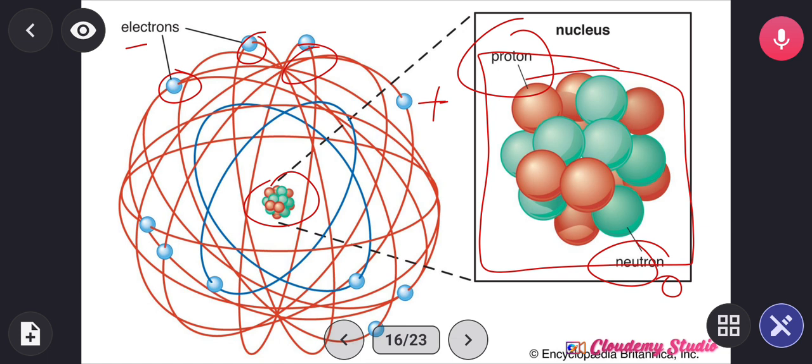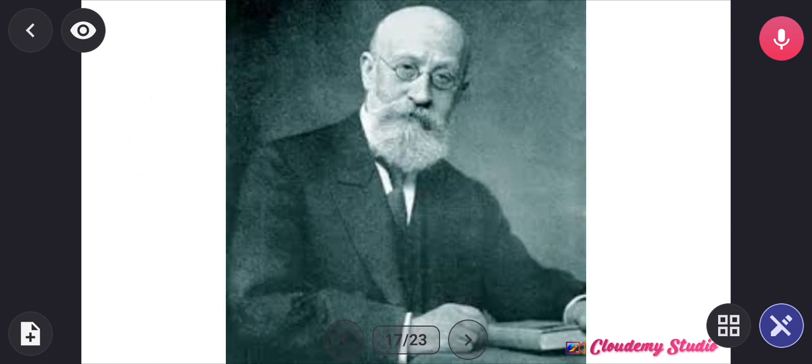Who now determined the charge of the proton itself? Because what Ernest Rutherford discovered is the nucleus, and he knew that the nucleus consists of protons and neutrons. But who discovered the charge on a proton itself? Then we can now talk about the likes of Eugen Goldstein. Now, this is Eugen Goldstein, the man that actually